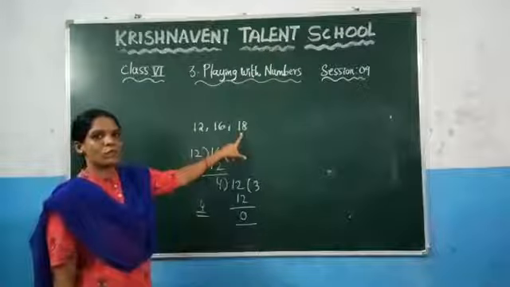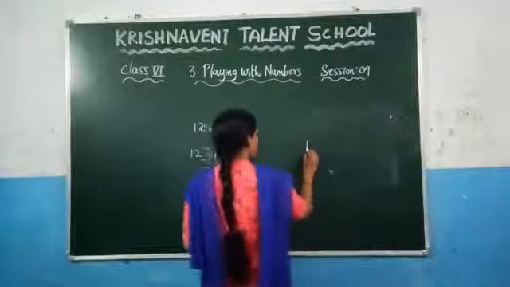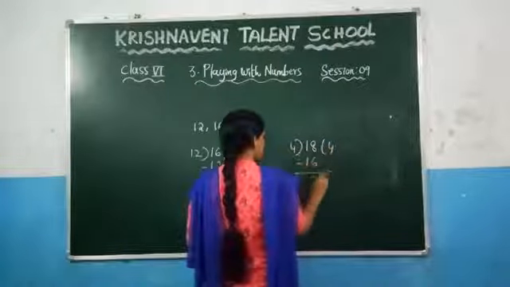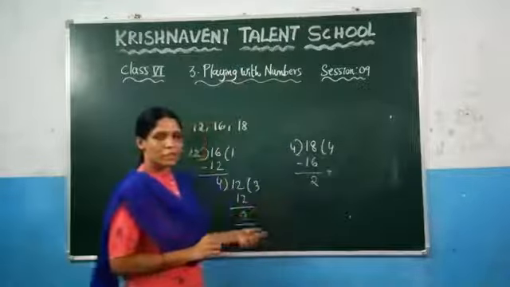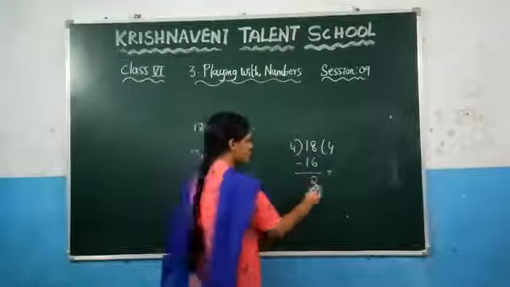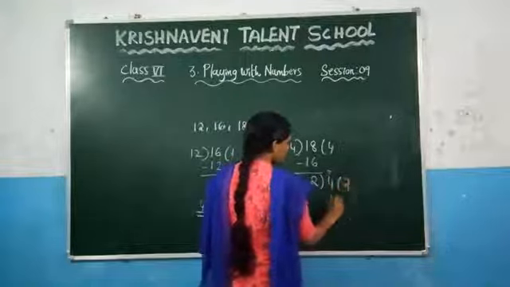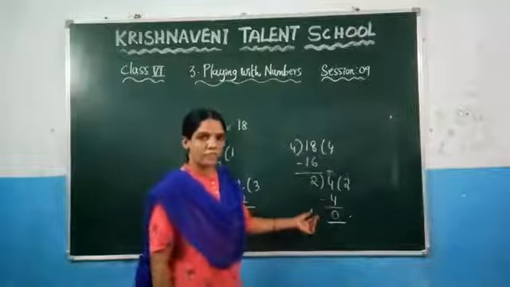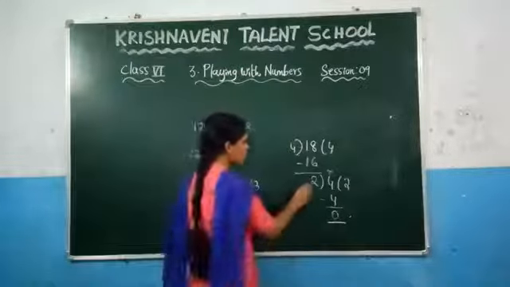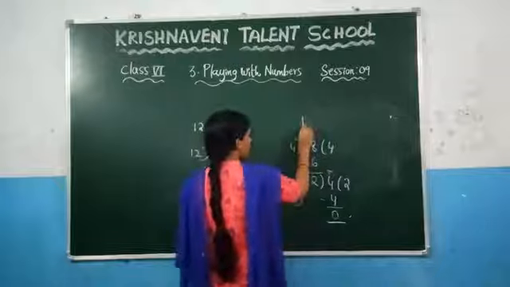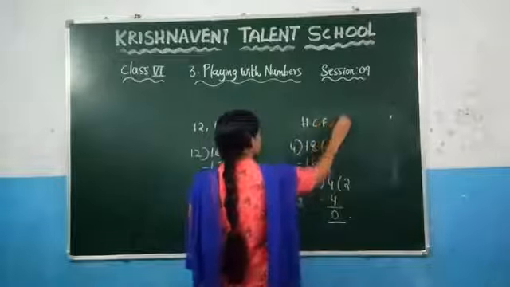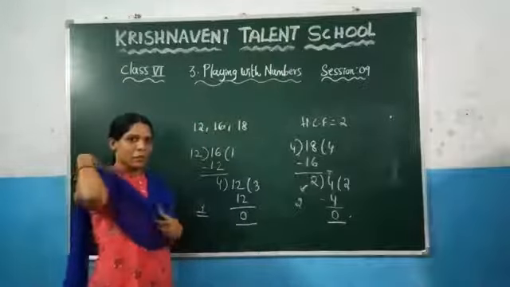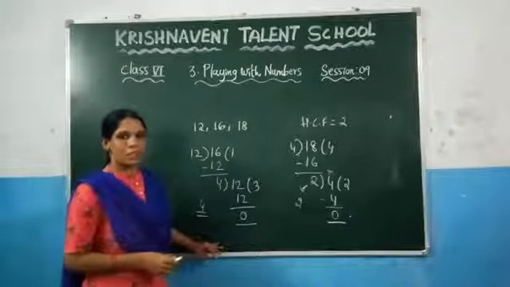Again you need to check what is the greatest number here, 18. So divide 18 by 4. What will we get here? 4 4s are 16. What is the remainder here? 2. Since the remainder is not 0, again divide with the divisor. So we will get 2 2s are 4 and 0. So what is the last divisor here, so that you are getting the remainder as 0? It is 2. So we can say that the HCF of these three numbers is 2. By using any of these two methods, you can find the HCF of the given numbers. So based on this, let us solve the next exercise.